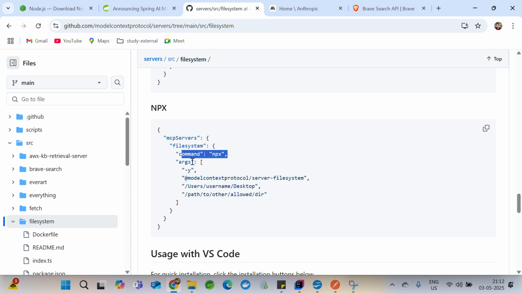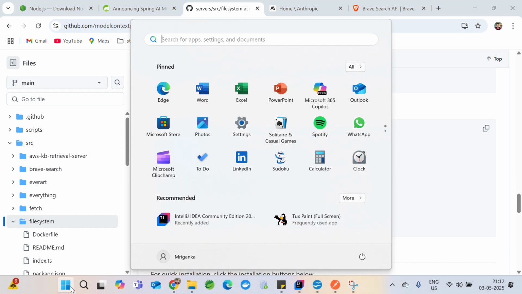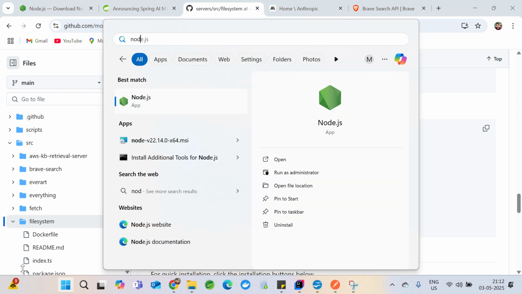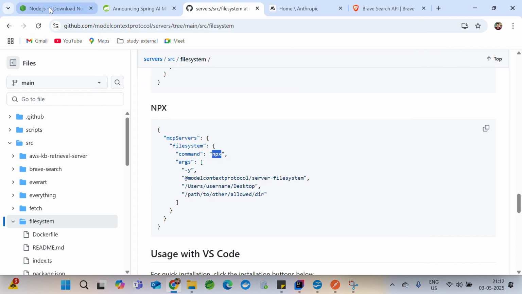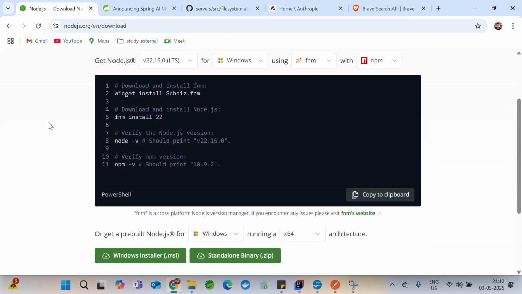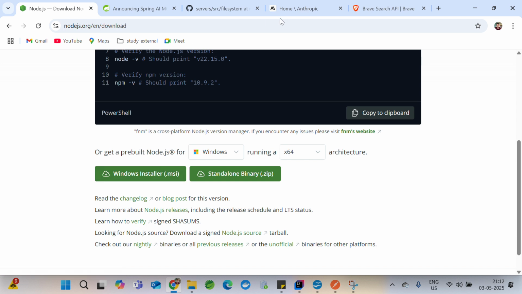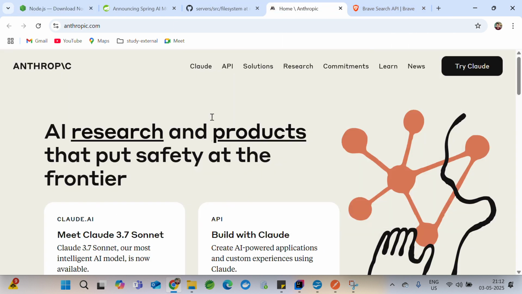Now, to run this command, this is very important. To run this command, I need to run npx. And npx is a node module which can be run from the remote. For that, you have to install Node.js. In my system, Node.js is already there. If I search here, Node.js, it's already there. What you can do is come over here and install Node.js for Windows, or let's say, Mac. And also, for example, if you want to browse something,